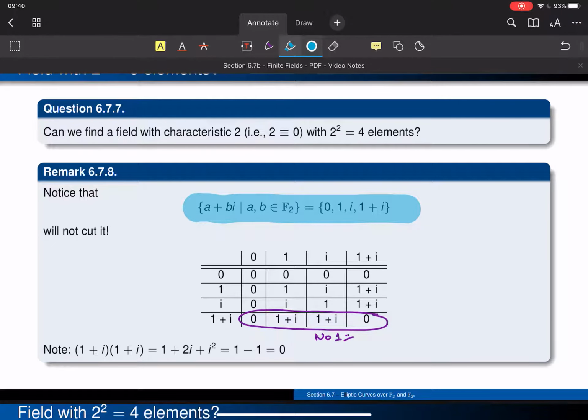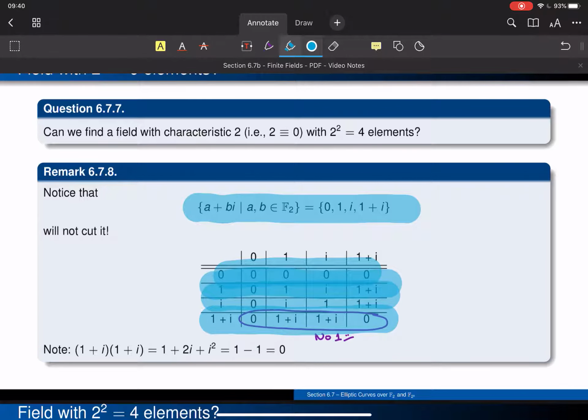So the row of 0 is obviously dumb because 0 multiplied by anything is going to kill it off. The row for a 1 is also kind of dumb in that it's just going to return whatever you're multiplying. So there's that identity, or at least that thing that's pretending to be an identity. Multiplication by i actually seems to be pretty decent in that we return everything. We also get a 1 out of it. And then the very last thing is that if I multiply everything by 1 plus i,